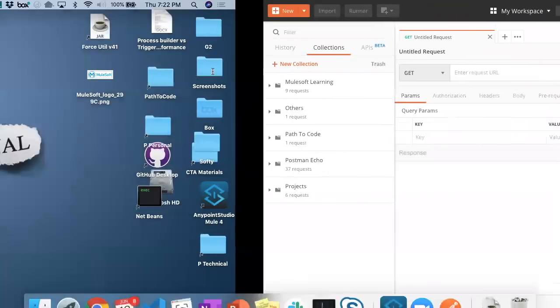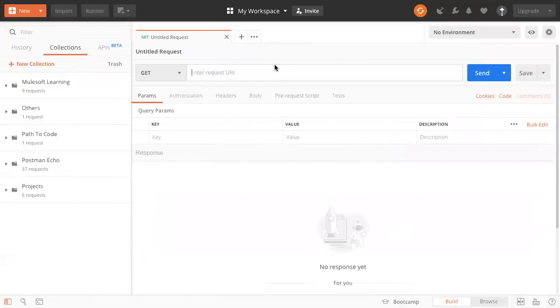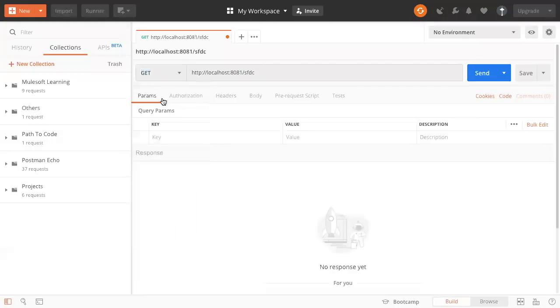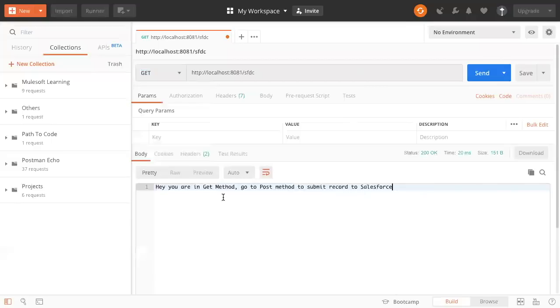What is the URL here? My URL was this one. I put the URL in. And you see this dropdown, which allows me to choose what I am going to do. So I'm saying, okay, let's do a get, and send the request. I'm expecting the same response here, right?